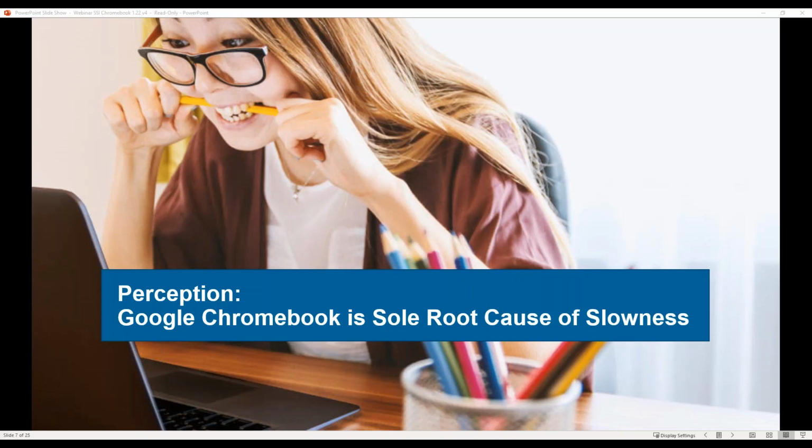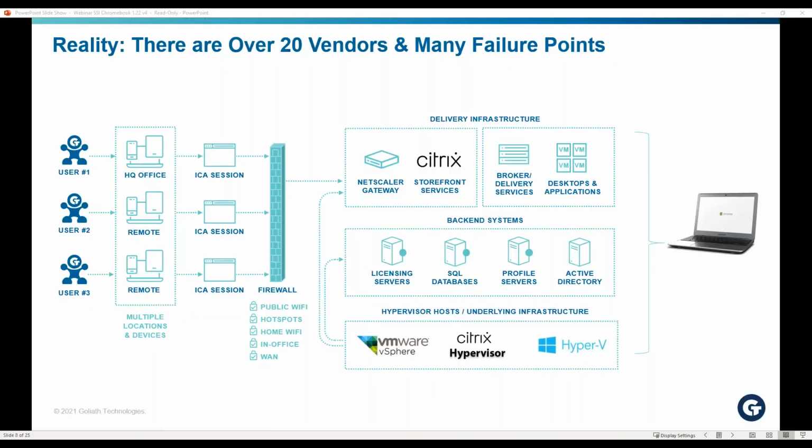They're in their home office, maybe they have wireless, maybe they have some connection issues. There are many different areas of failure between the endpoint, whether it's a Chromebook or other endpoints, all the way to the end user session, whether it's a published app or published desktop. So it's hard to tell where the issues are coming from. It could be disk latency, it could be network latency, they could be having internet issues, they could be having